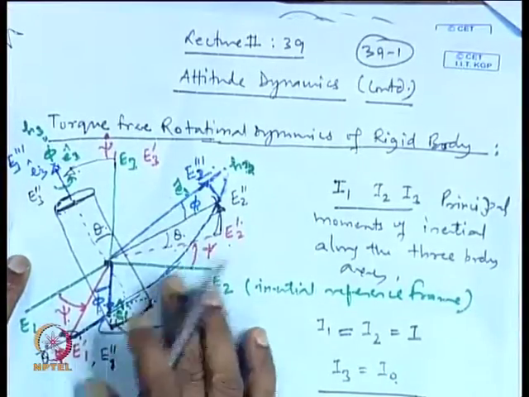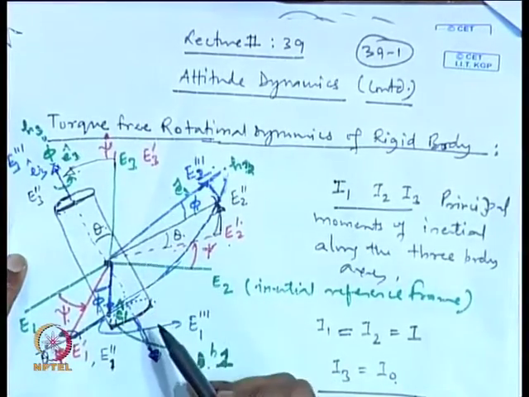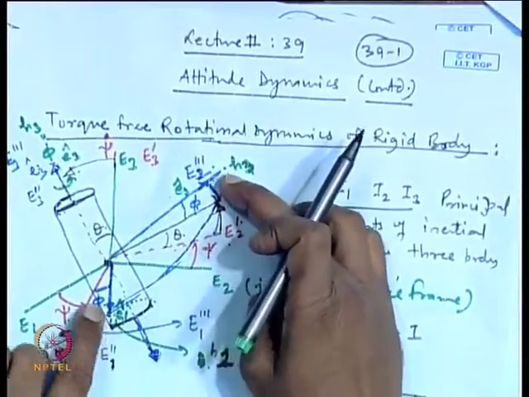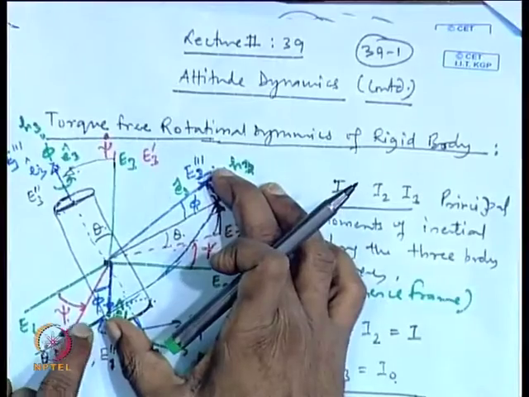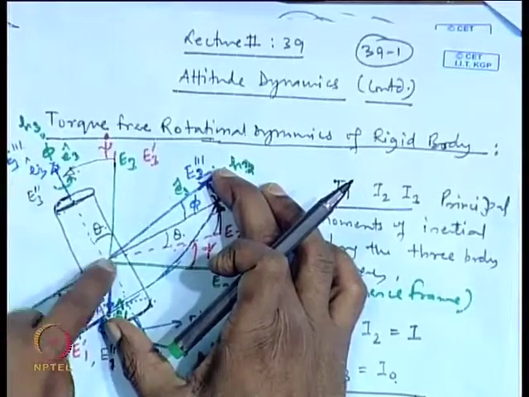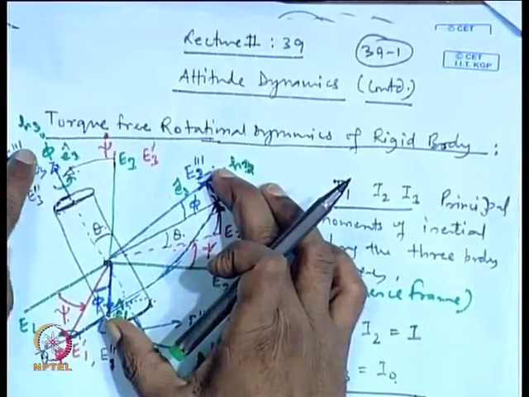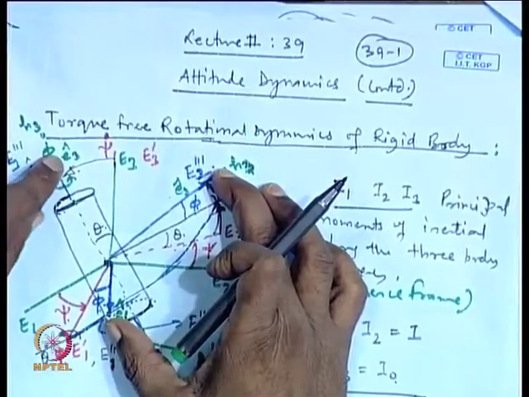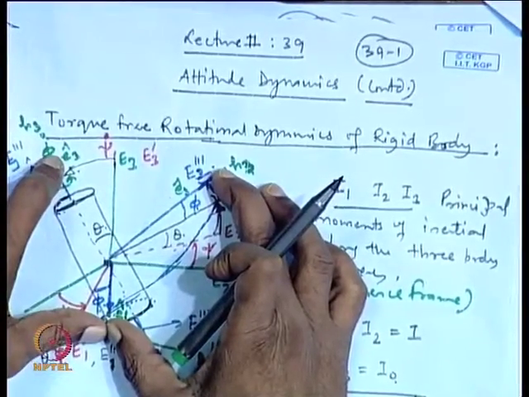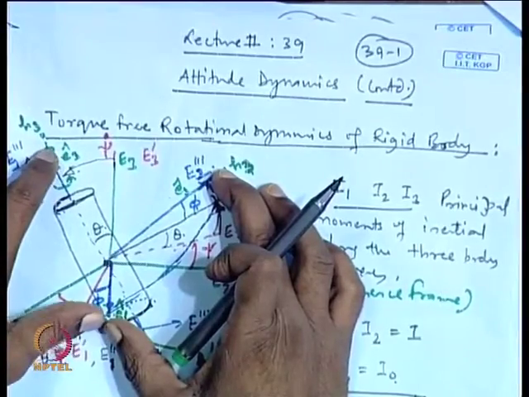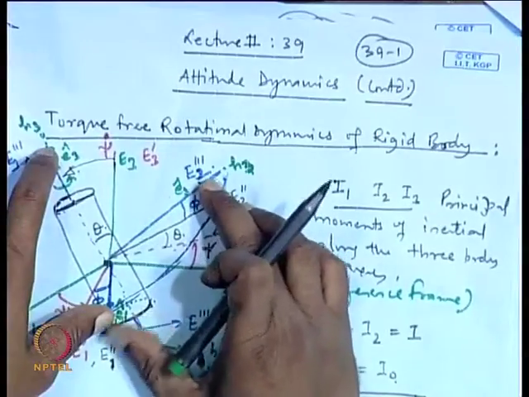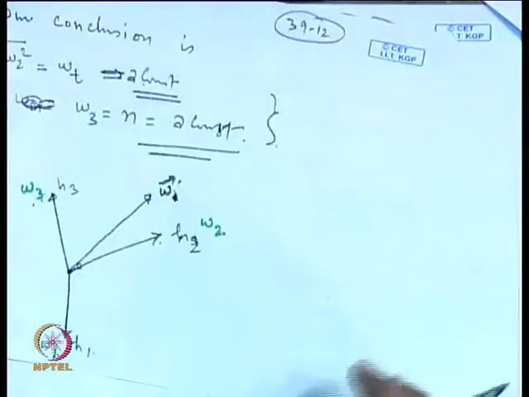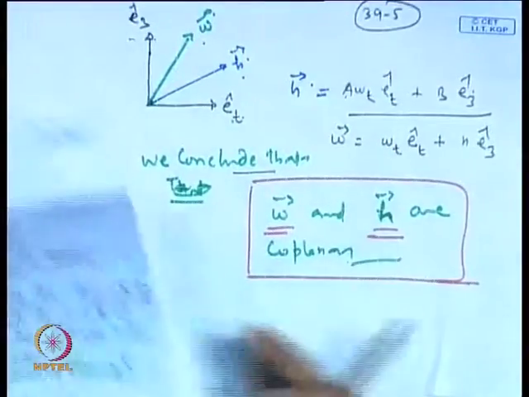So, this figure has become very complicated, but what we are trying to represent here is that this is E 1 cap and E 2 cap. These are the two orthogonal axes making 90 degrees with each other, and perpendicular to the plane of this is the third axis, which is E 3 cap, which is shown here. Okay. And omega t will lie in the plane constituted by E 1 cap, E 2 cap. This we have seen here while discussing, sorry, this figure.